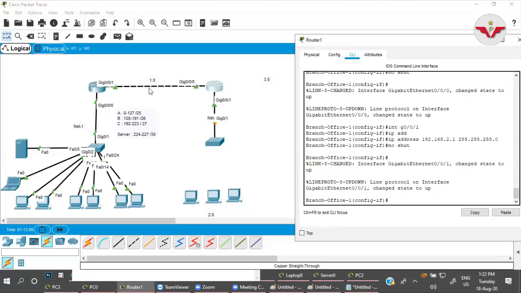Now I'm using the 1.0 network here, 2.0 network here, 3.0 network here, 4.0 network here. As of now, whenever I connect these PCs to this network, they will send the DHCP request, and the IP should be provided from this server. For that, first of all, as we are crossing the router, whenever you cross the router, you will require a routing protocol as well.